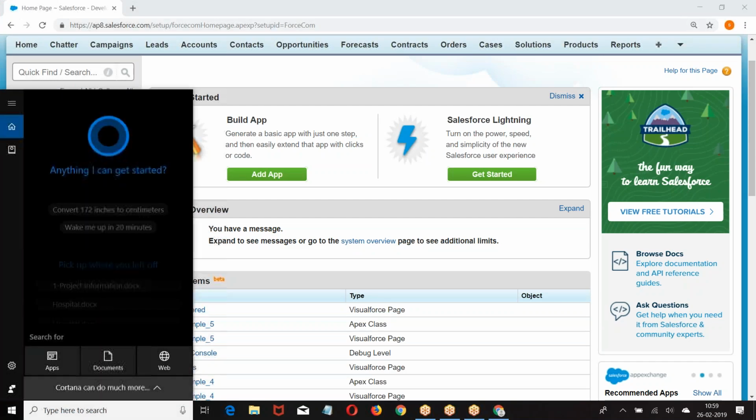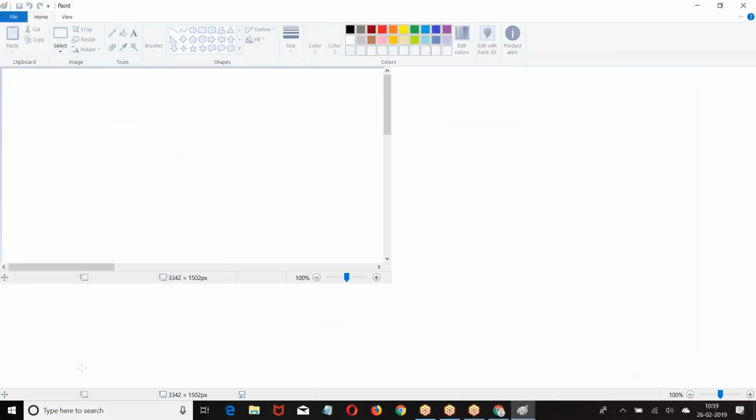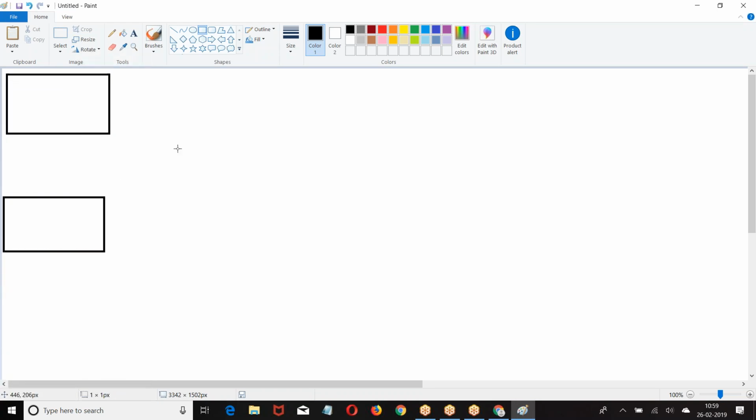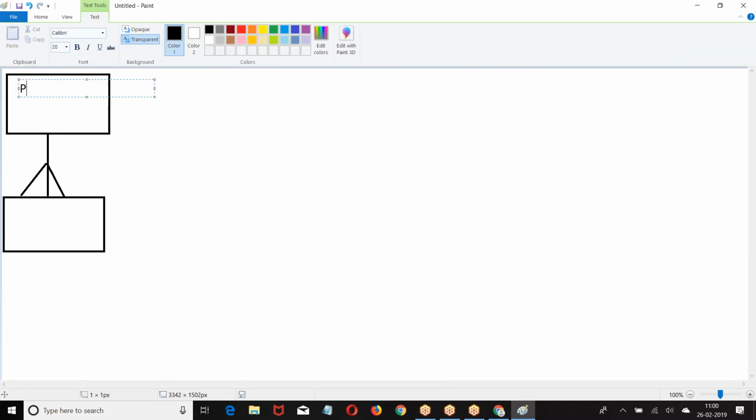So look at this. When do you say two objects are connected? When there is a lookup relation or a master detail. Only when there is a lookup or a master detail relation can I say that both of them are connected. Let us say I have parent field 1,